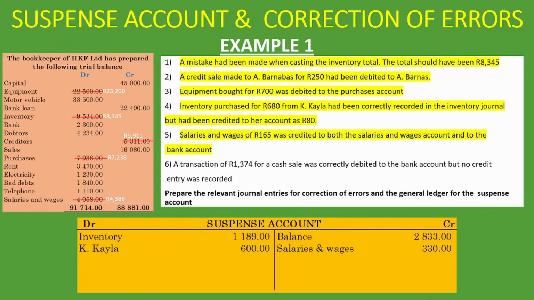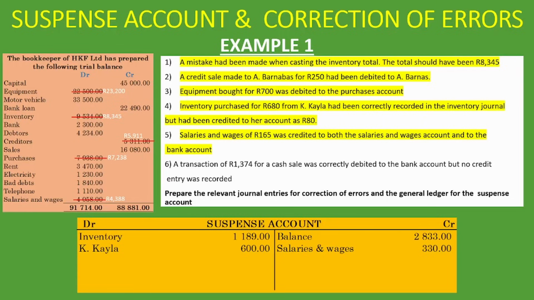Well, if it's a cash sale, we know that we're supposed to debit bank because we received cash, and bank is an asset. And what do we credit? We credit sales, and that is what we should have recorded. But we omitted the credit entry because it was not recorded at all. That means that we need to record the sales account, which was not recorded. We know sales is an income. It goes on the credit side. So we're going to credit sales,